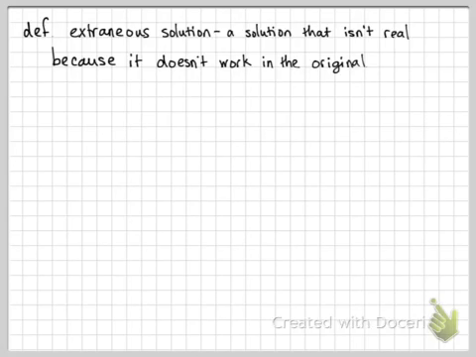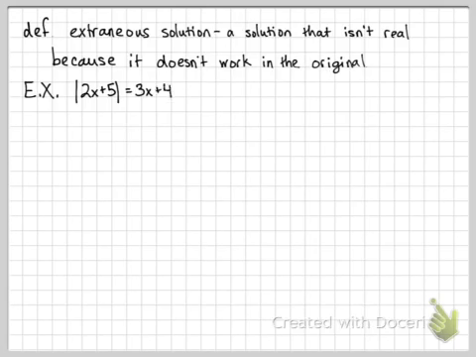And there's no way to tell where these solutions are coming from ahead of time, so the only way to check that your answers really are answers is to check them on every single problem that you do. The term we have for these answers that don't work is extraneous solution, or a solution that isn't real because it doesn't work in the original. For example, let's look at the problem, the absolute value of 2x plus 5 equals 3x